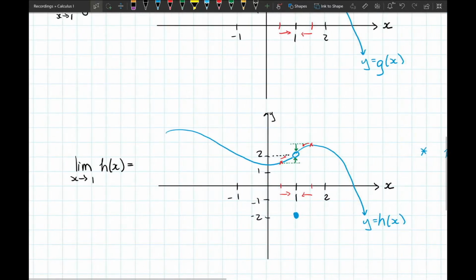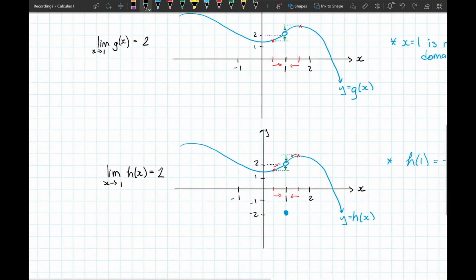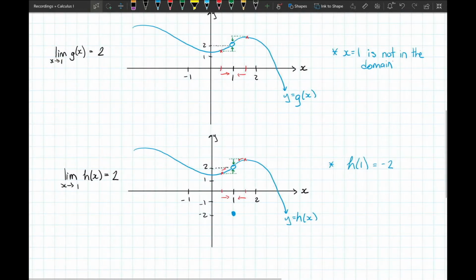We just look at the limit. What's going to happen as we get closer to 1? It sure looks like we're going to hit 2, and we can get arbitrarily close to 2. And so, by definition of a limit, the limit of h of x as x approaches 1 is equal to 2. Now, there are some circumstances where the limit of a function as x approaches a value actually might not